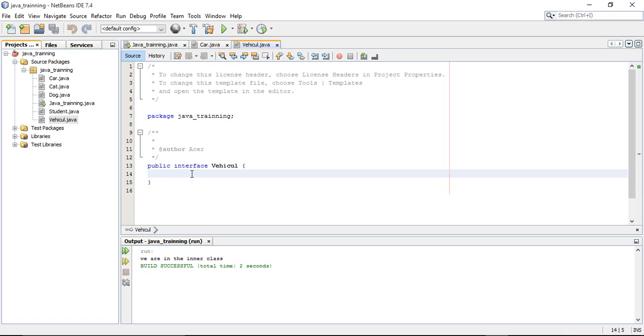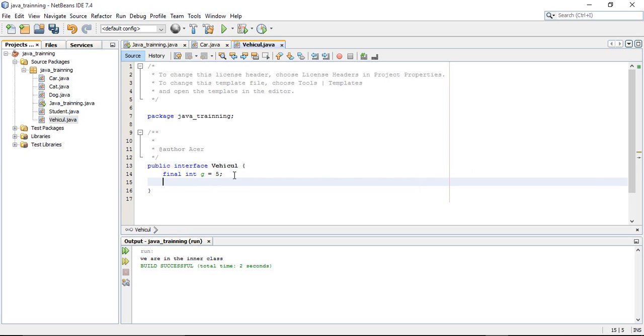Another thing: every attribute in the interface needs to be final. What does final mean? It means this attribute can't change. For example, let's write final int G, as in gear, and give it 5. So the value of G equals 5 and it's final, that means it cannot change. This is how we declare a variable or attribute, and for the methods we just type the